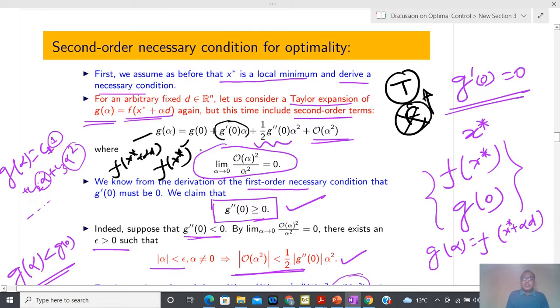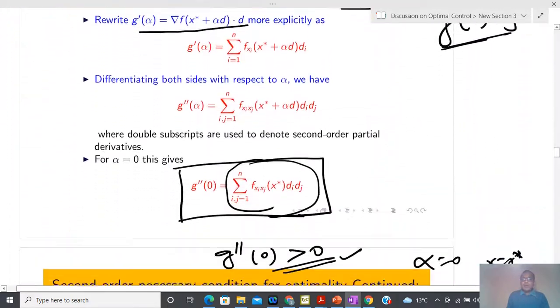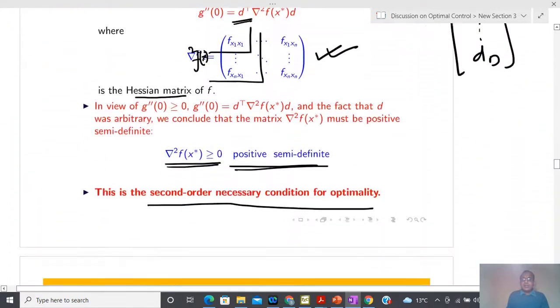Since this quantity is gradient f of x star, if this is 0, then this will not be present, and these two quantities we have just seen that I can represent like this, Hessian matrix of f at x star into d, like this, and due to that reason I have written this particular term directly. Okay,